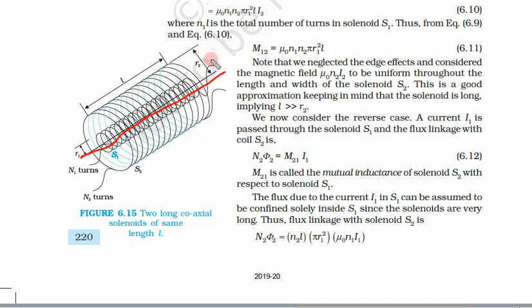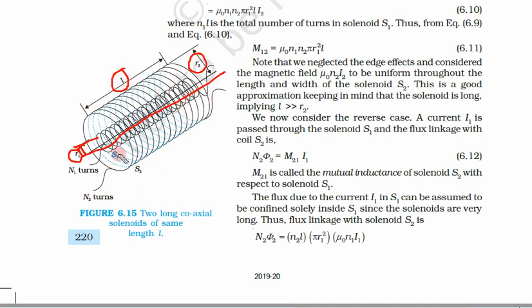When there is a length, instead of center we say axis. So both are on the same axis. Since there is not a single center, this is a cylinder kind of structure, so there is an axis for both of them, and the axis is the same. For the first coil, the radius is R1. For the bigger coil, the radius is R2. Length is L for both of them.